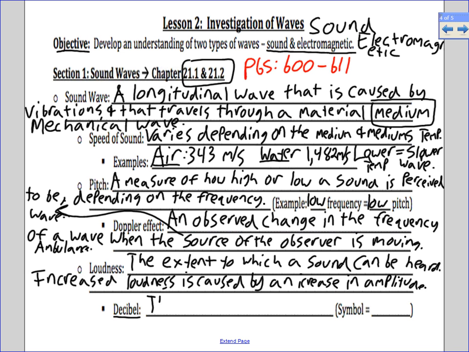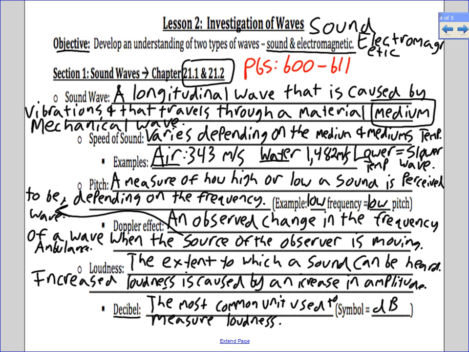And this is the most common unit used to measure loudness. And that's decibels. And the symbol is dB. Okay? And if you were to, kind of, an example for loudness would be